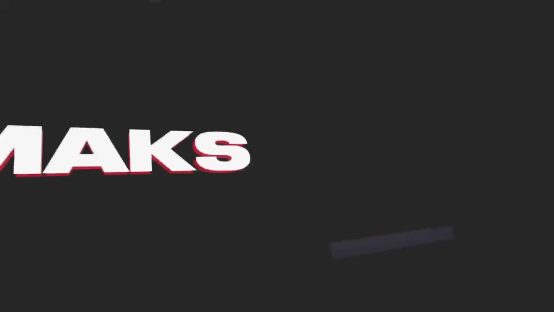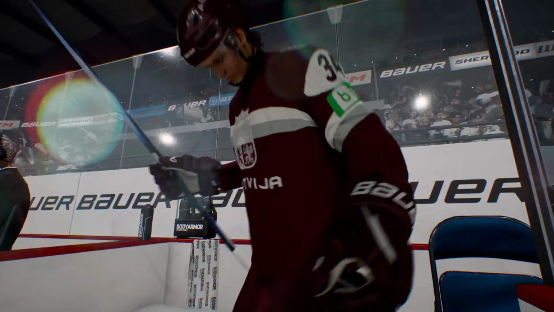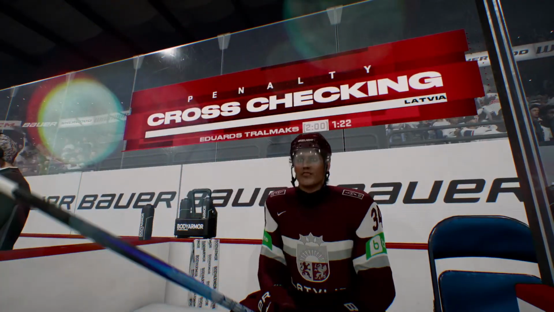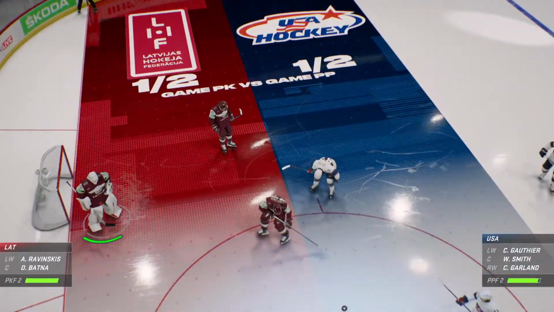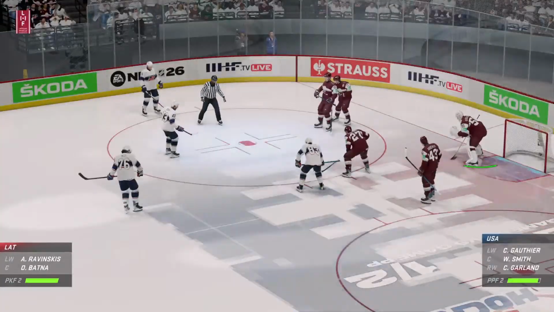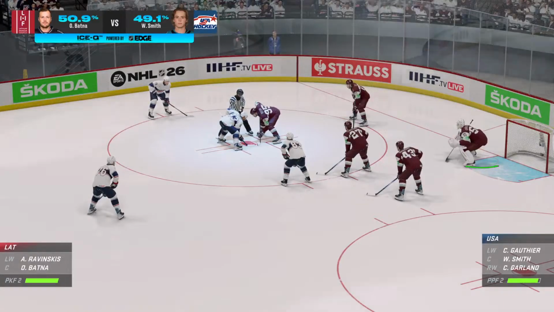Easy call. Don't really know what the argument is from the Latvia side, but they're going to get a penalty here on the cross-check. Trailmix. And another power play here for the United States. They're 1 for 2 in this game, and they've got one here early in the second.